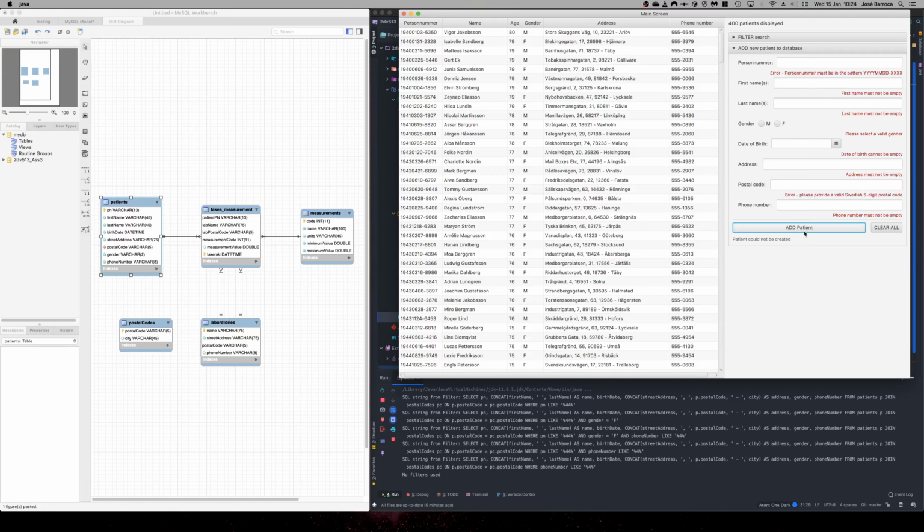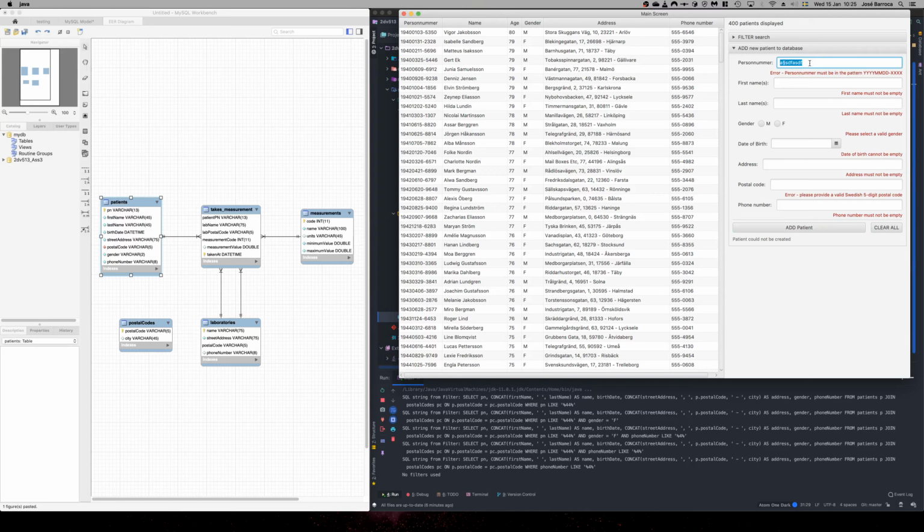So if we try to insert an empty patient, we get a number of error messages. The application uses both input validation at the code level, but also exception handling at the database level in order to get these error messages. Some are collected directly from input validation. For example, if we add a person number which is not a valid string, this error message, I can clear it. This error message is being generated from the code, not from the database, because this detects that it